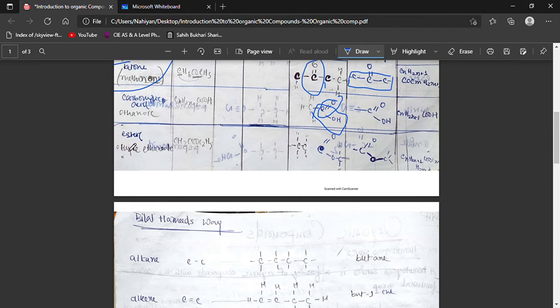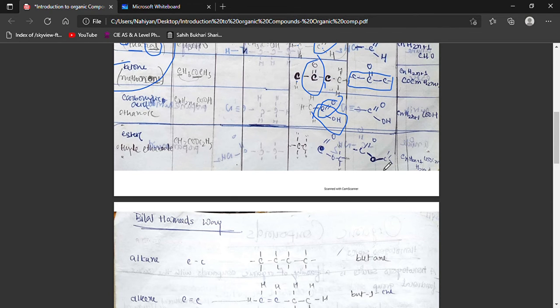And moving on, we have ester. So ester is formed when carboxylic acid reacts with alcohol and forms an ester linkage. So this is also called an ester linkage. So what we have is this hydroxyl, this OH, and another OH of the alcohol combine, and they lose H2O,